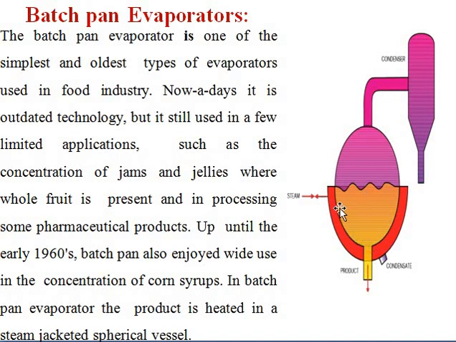When this food becomes heated, it will start to evaporate, and those vapors will come into this condenser, and after condensing we are going to discard this condensate. Clear? And after some time our food will become concentrated. Some condensate can be removed from this point, because when the steam is moving in this, some condensate can be removed from this section, and after concentration the product will come out from this section. So this one is the simplest batch pan evaporator.